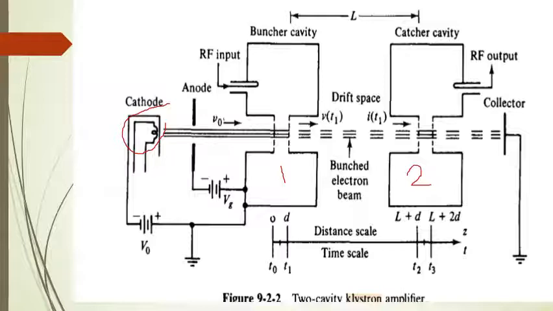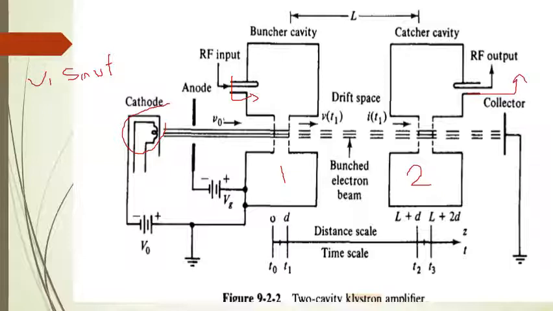That is one assumption. The signal to be amplified, the signal which you will be using for amplification, may be V1 sine omega t. That is obviously not very high, very much less than the accelerating voltage. Now we are taking the RF input at this side. So this is the input cavity and the output will be taken out from here. I hope you can see it.